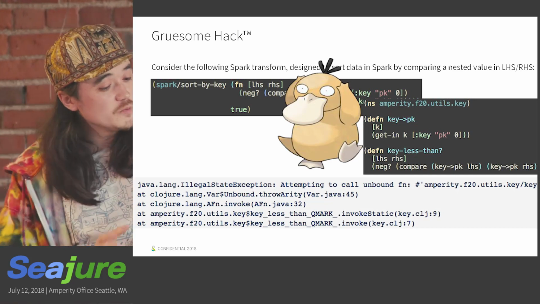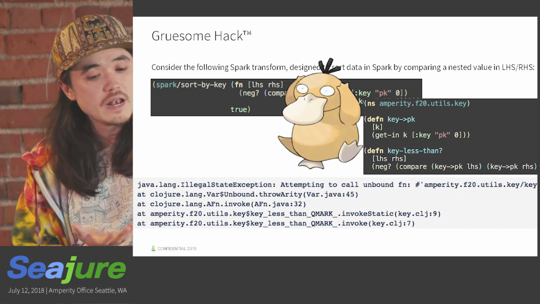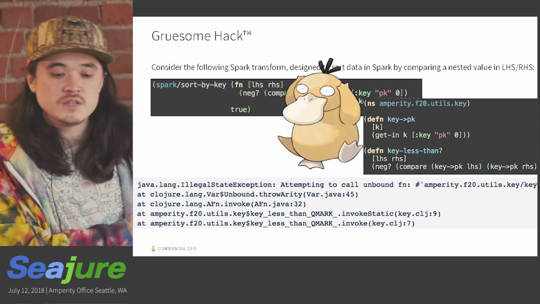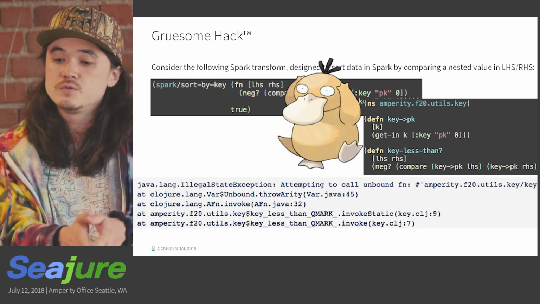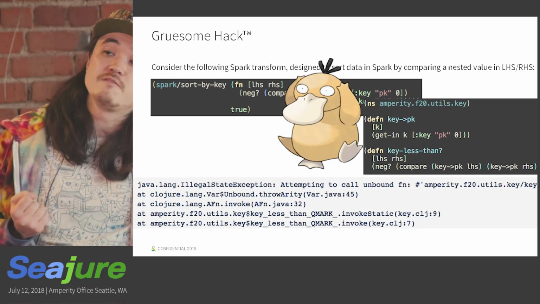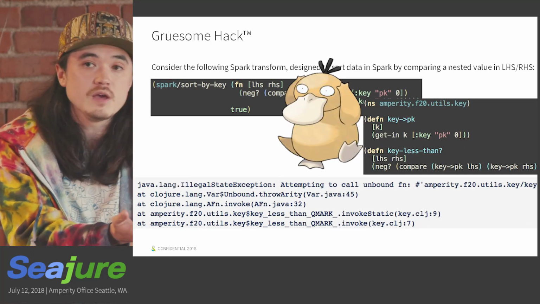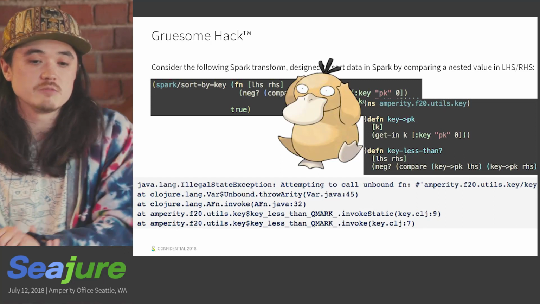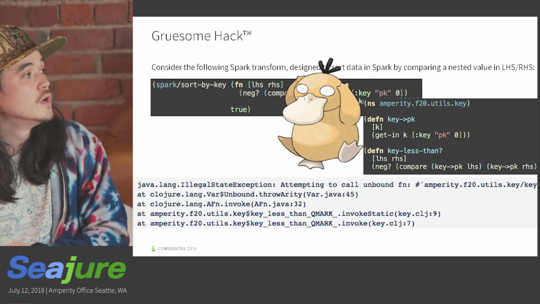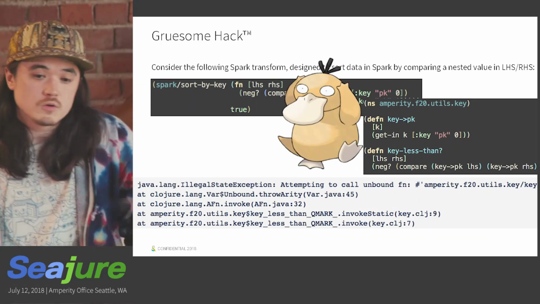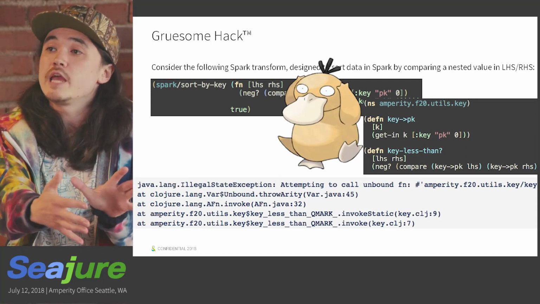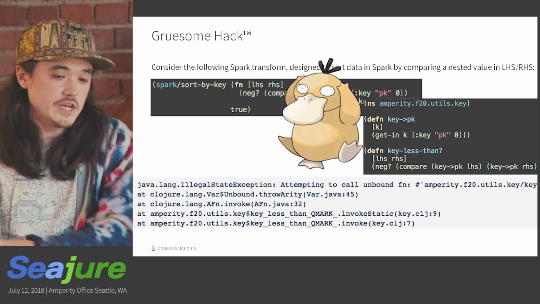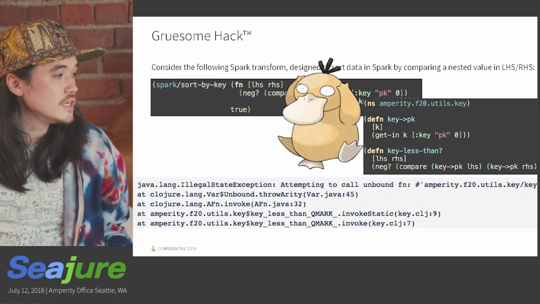So then if you dig into the implementation of sort by key, you find out that due to the convenience of Clojure to Java interop and the availability of a Java Spark API, because it makes sense for them, Scala is built on the JVM, and Java is obviously going to be the biggest mind share to get some participation from. So Clojure builds against the Java API for Spark, which is written and executes in Scala. Still all in the JVM, but there's a bunch of translation layers in there.